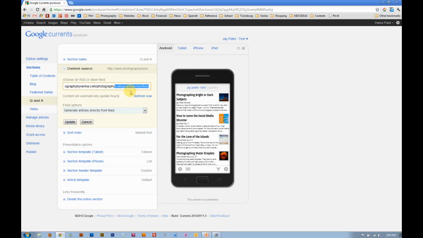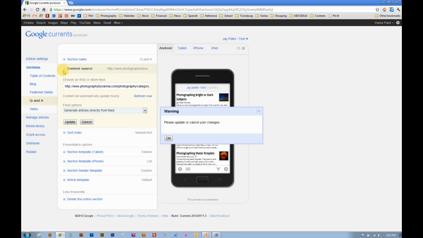Again, if your blog has categories and your blog category has individual feeds, you can go ahead and design your articles to showcase individual feeds. This type of ability is incredibly simple to put in. All you need is a URL, and by default, the formatting it comes up with on all the devices is specifically tuned for those devices. As you can see, within like 10 minutes, you can have a blog, a feature gallery, and Q&A as part